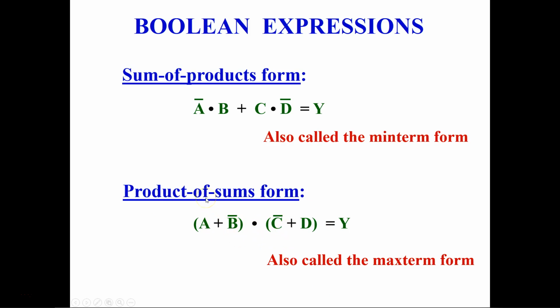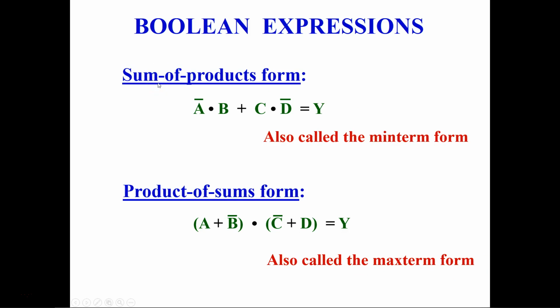That's why we say product of sums form. Another name for this type of form is the maxterm form. Anytime you see maxterm form, just make sure that it's the same thing, which is product of sums. And if you see minterm form, just make sure it is